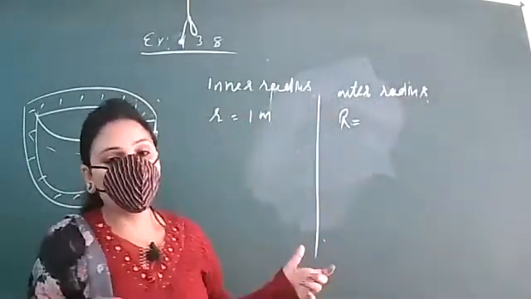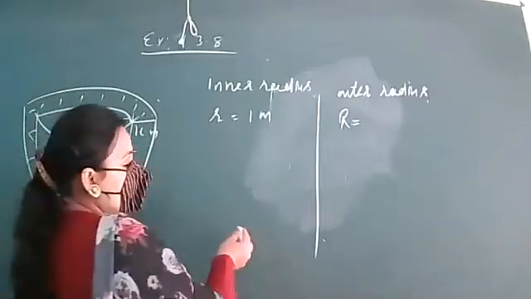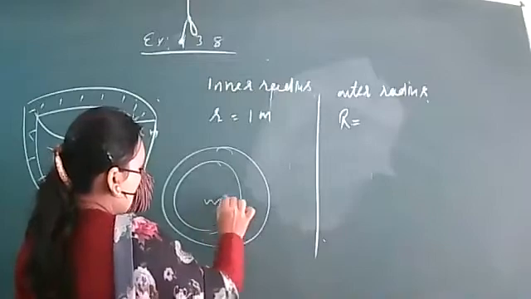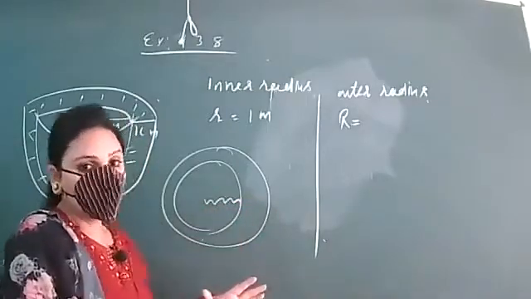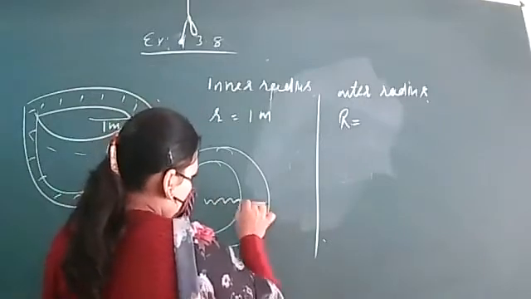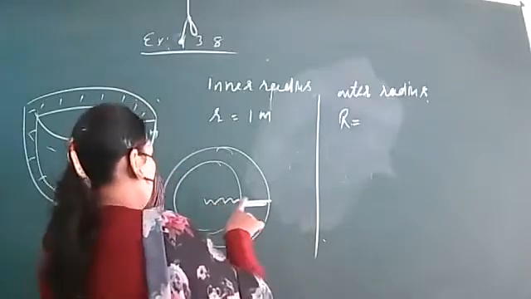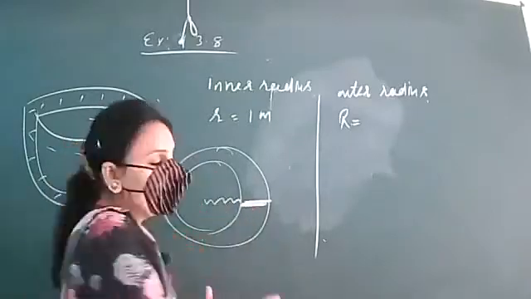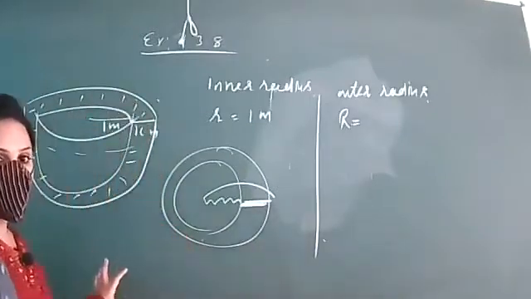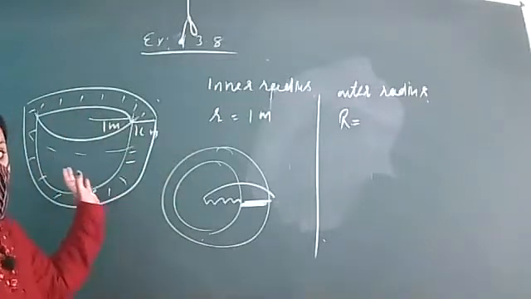So how to go from the inner radius to the outer radius? We have done such questions in 7th, 8th standard, when we have a circular path, and in that circular path the inner radius is there. We want to shift to the outer radius. What do we do? We add the width of the path to that radius, and we get the outer radius, right? Here also we will apply the same concept to shift towards the outer radius from the inner radius.